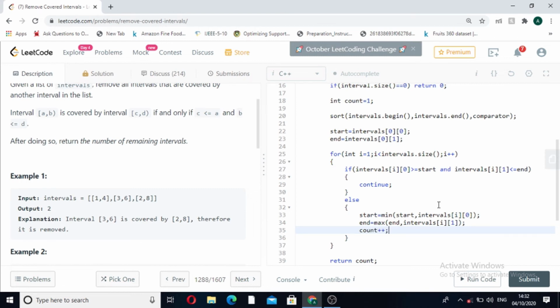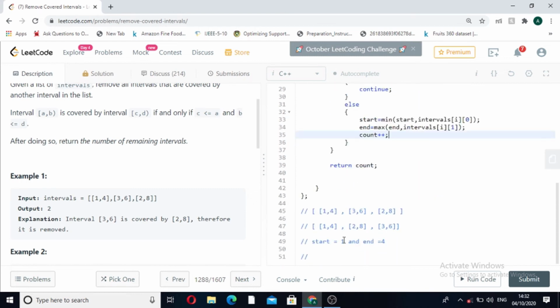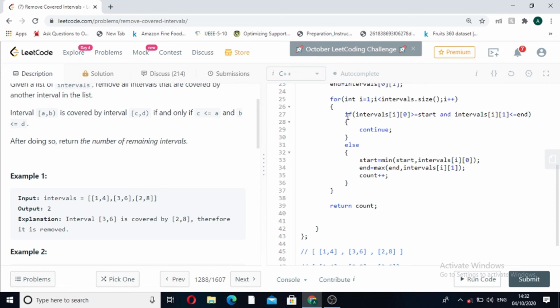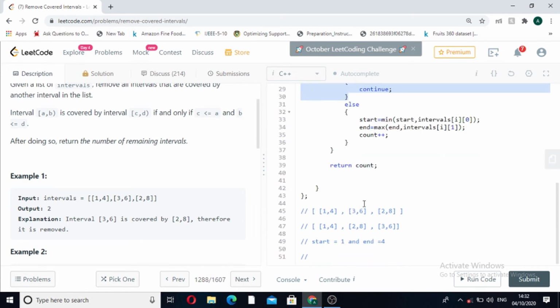Now see this with an example. Our start is 1 and end is 4, and our loop is iterating from this position. We see that our if condition is not valid, but when the if is not valid, then we have to execute the else. Now when we execute the else, what will happen?